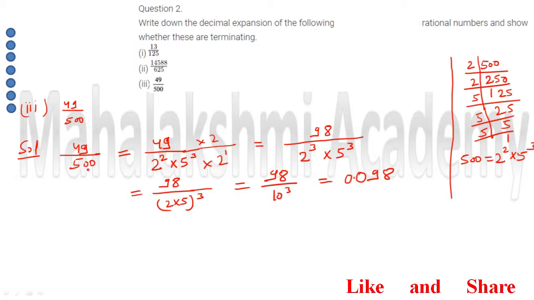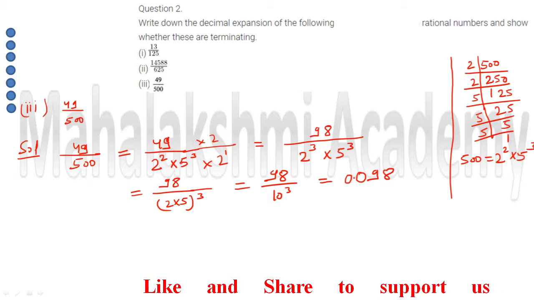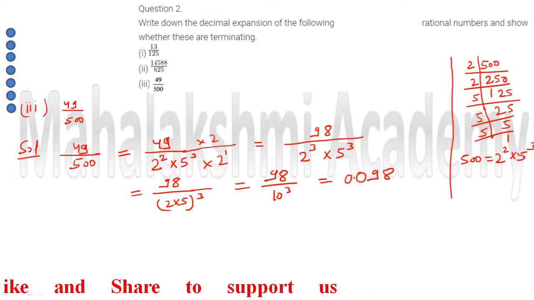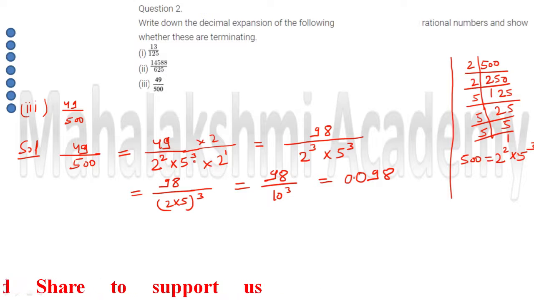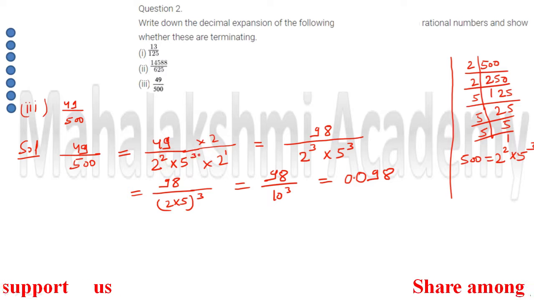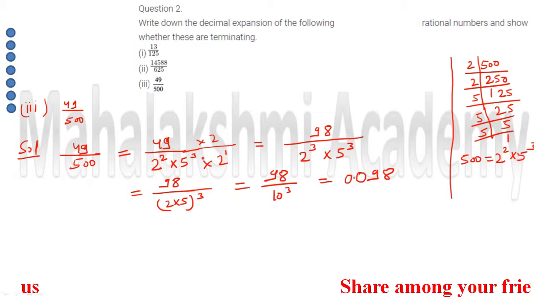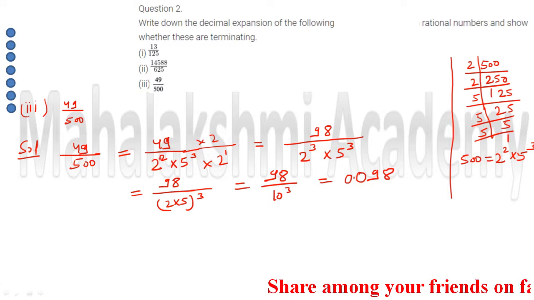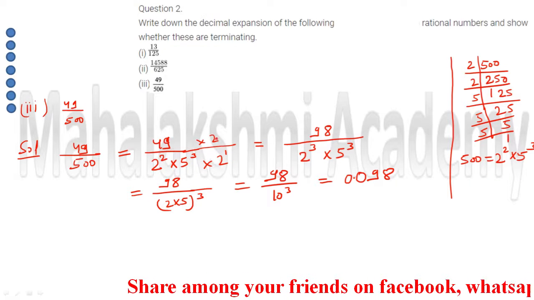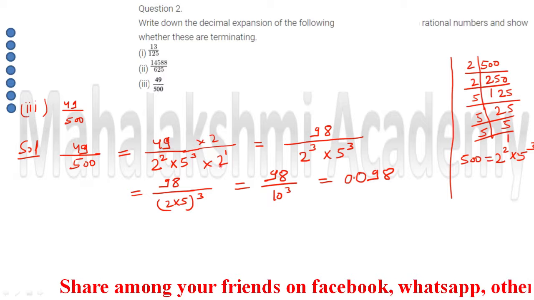First step is we will factorize the denominator. After factorizing the denominator, we found that the denominator 500 we can write as 2 to the power 2 multiplied by 5 to the power 3. So here whatever be the maximum power, that should be given to all. So to make 2 to the power cube, extra 2 we needed, so that extra 2 we have to multiply in numerator as well as in denominator.